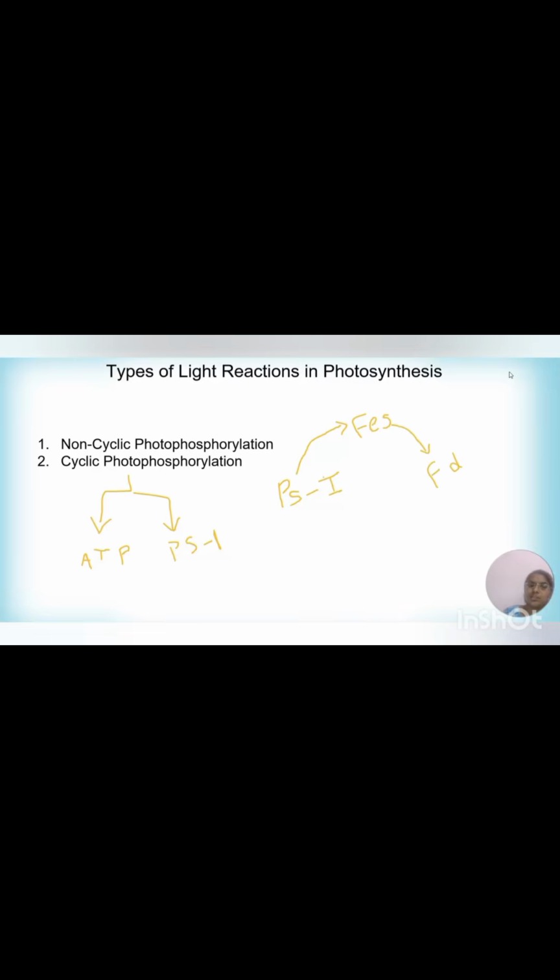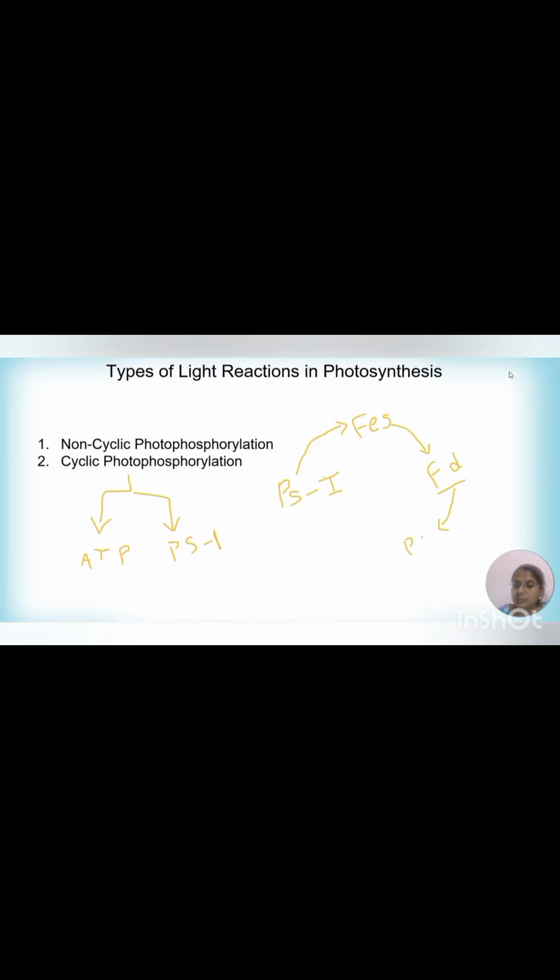So when we're talking about non-cyclic photophosphorylation, the electrons reach ferredoxin and the NAD reductase enzyme is involved. But in cyclic photophosphorylation, there is no need for the NAD reductase enzyme. So here, when the electrons reach ferredoxin, this ferredoxin transfers the electrons to plastoquinone, which